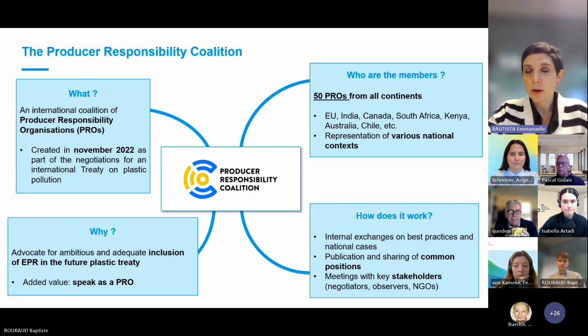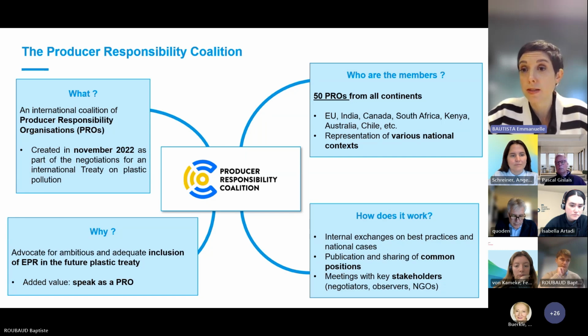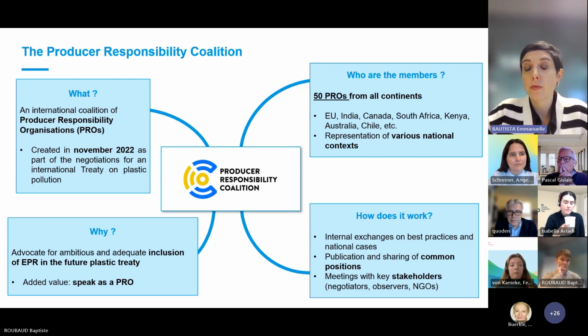So we currently have in the coalition 50 PROs, from Europe, India, Canada, South Africa, Kenya, Australia, Chile, Nigeria, and others. This is very important because it means that EPR is not only a relevant tool for developed countries or for European countries, but a tool for all countries, which could adapt